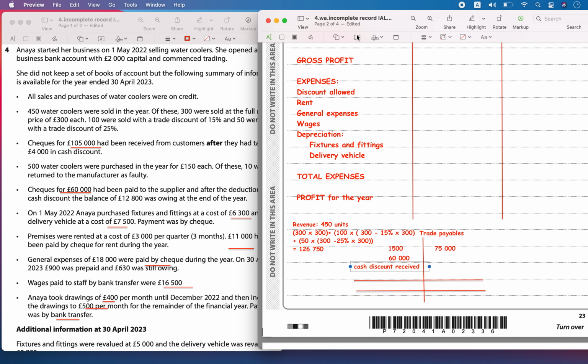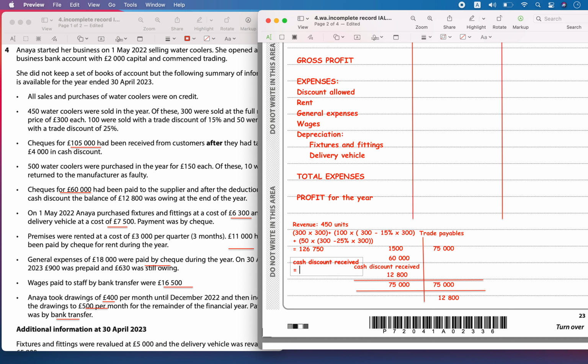And then still 12,800 was owing. Okay, still at the end 12,800 was still owing. So let's write that. So 12,800. So when we add, we can find out what the cash discount is. So cash discount